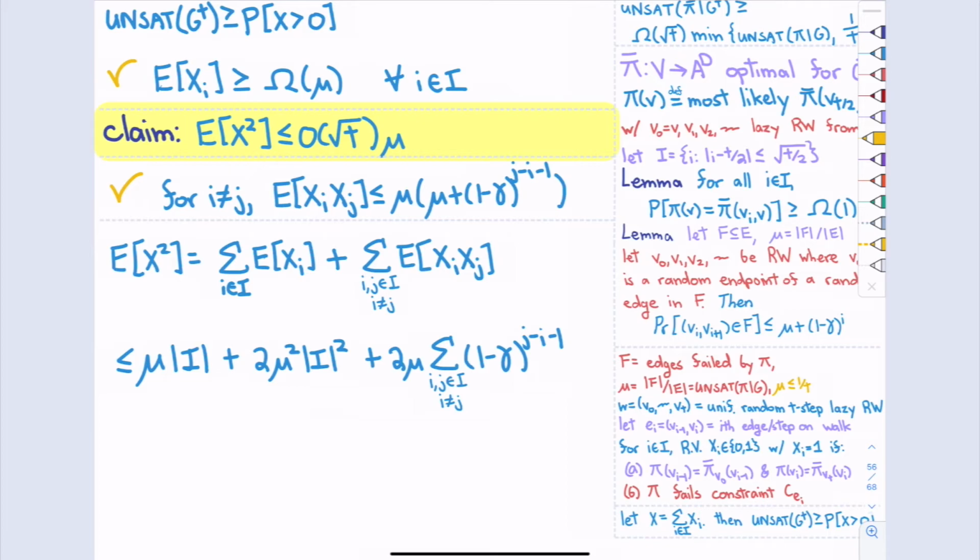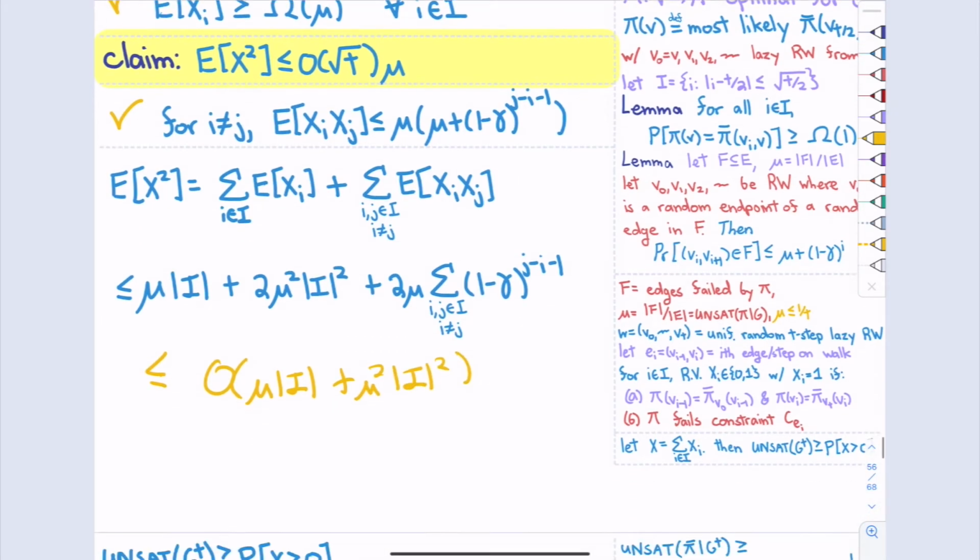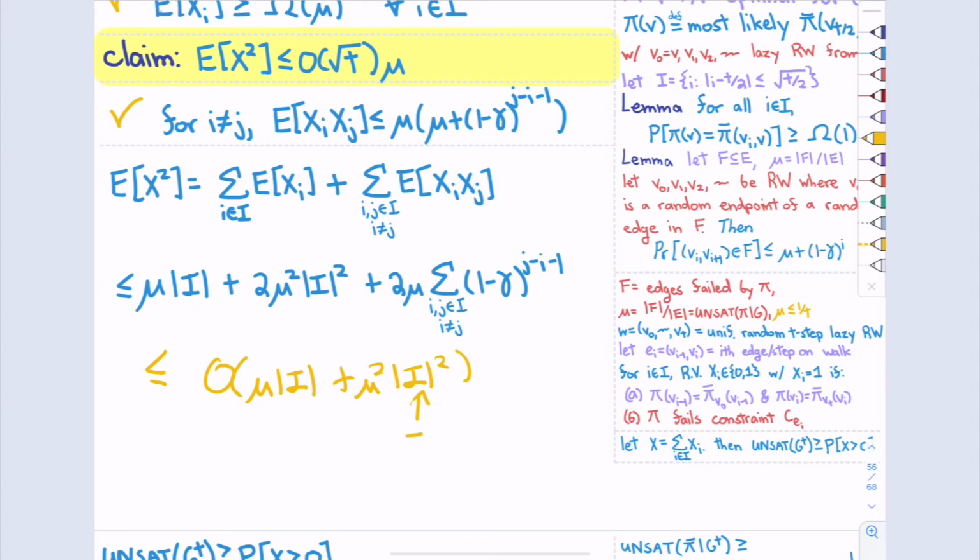And then there's the i choices. I mean, there's square root t choices of i. Okay. So we get something like big O of mu times size of I plus mu squared times size of I squared. And this thing is like t because size of I is about square root t. And mu is at most 1 over t. So I can take one mu to annihilate two mu I squares and stuff like that. So really the dominant term is mu times the number of indices. That's mu times square root of t.